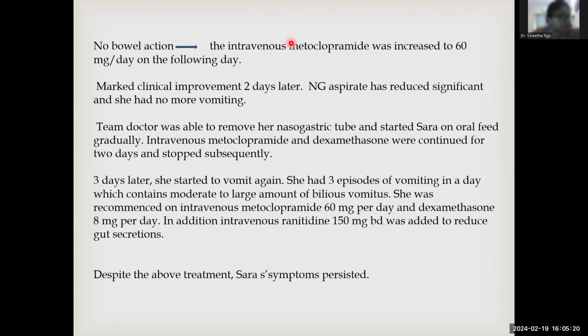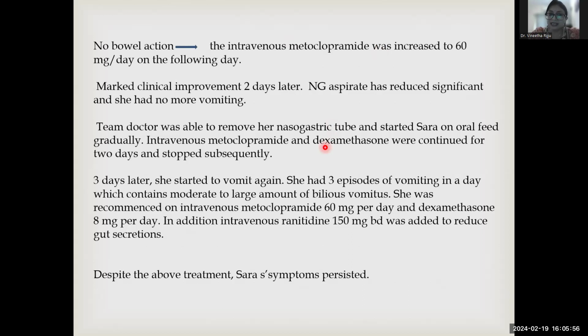Nobody is answering anything in the chat box. Yeah. What went wrong there? How come after 3 days itself everything came back? So what happened over here is that all of a sudden everything was put to a stop. So what we need to understand from this is that how medications have to be tapered down. Okay, slowly the doses have to be brought down and the patient should be on oral medications and observed.